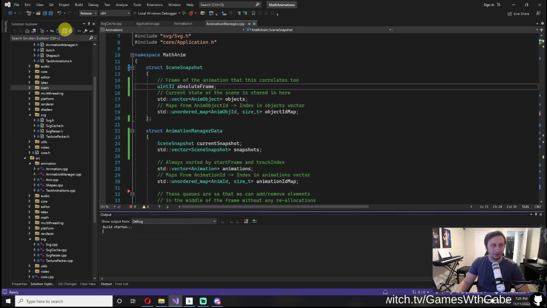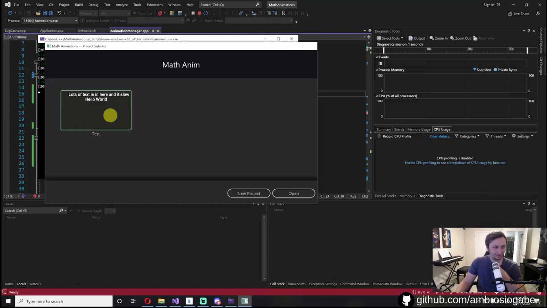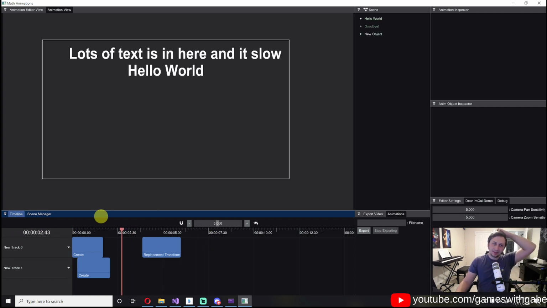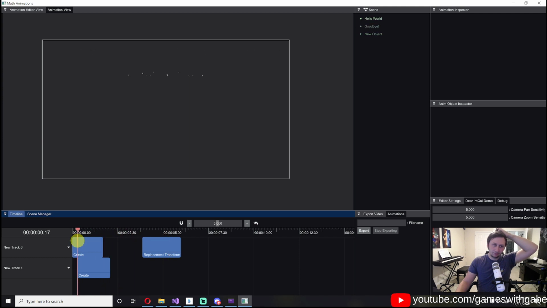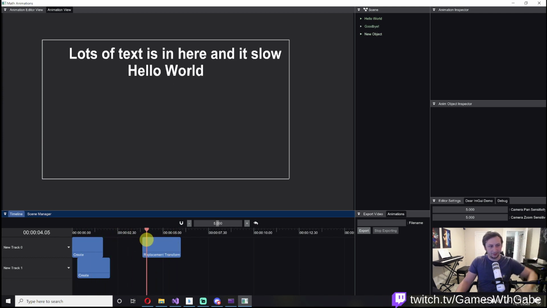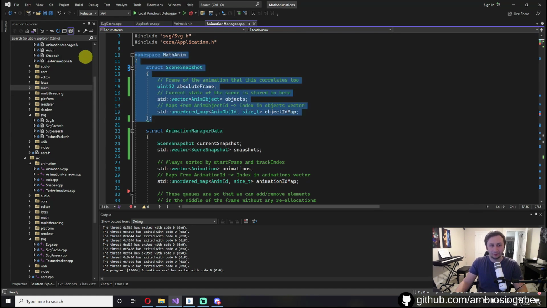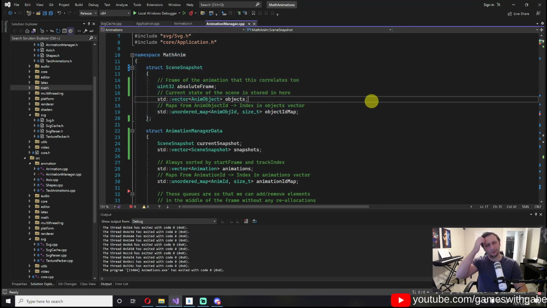Let's see if this still runs. All right, we're still good here. Still running. I think it gets laggier as we go on too. Because this is going pretty fast, but I remember it getting kind of slow. Weird. We're going to have to see about that too, because as I was typing different things, it slowed down and stayed slower for some reason, and I have no idea why. I don't think it's a memory leak because the memory stays constant. So I'm going to have to look into that more, but that's a future me problem. For now,